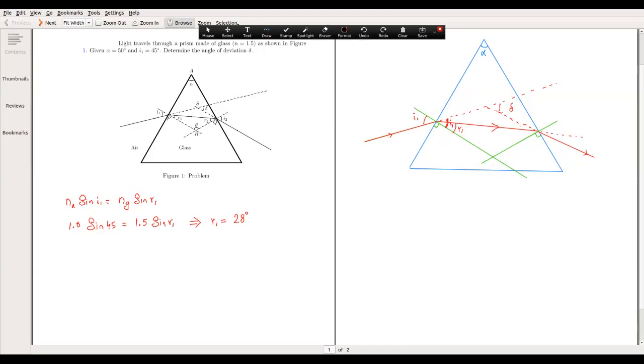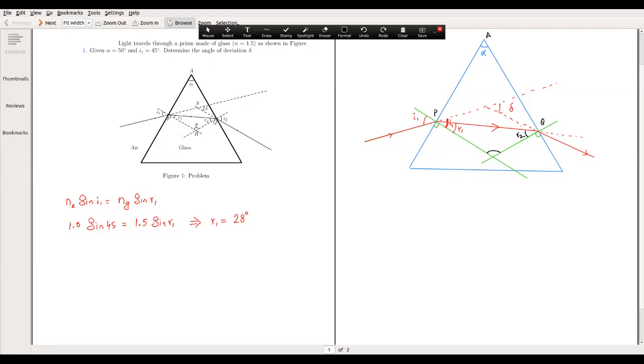We have calculated R1. If we have to calculate this delta, we should be able to do something at the refraction at the second interface. But to get the original incidence angle there, which we will call R2, R2 is related to R1 if we know this angle. And for that purpose, we take a quadrilateral. So this is A, P, Q,